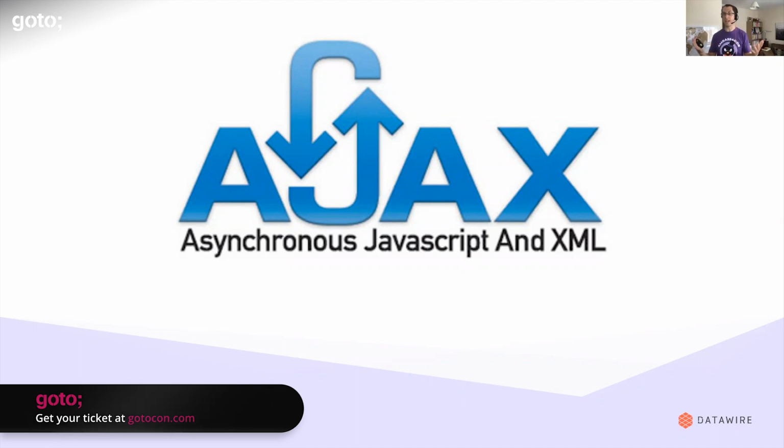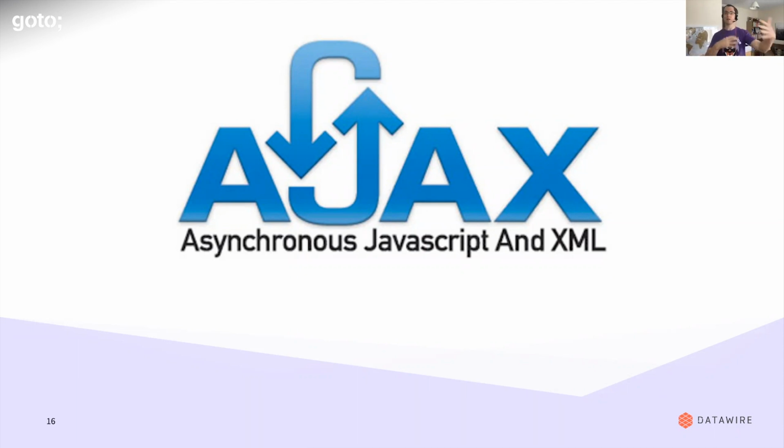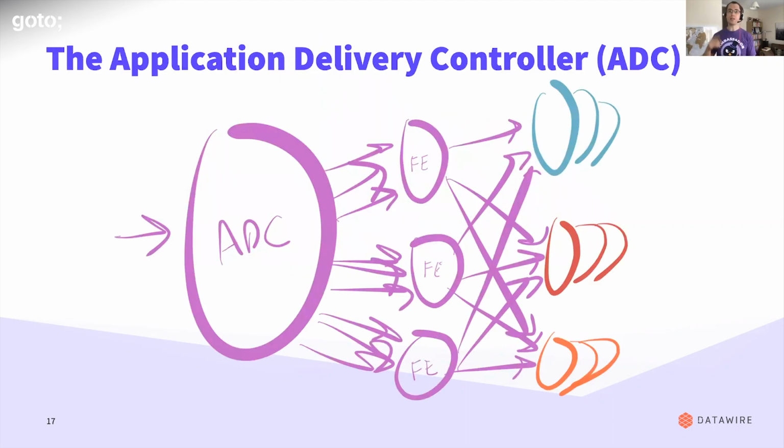I remember doing a lot of JSPs, ASPs back in the day for how we delivered content. Ajax meant we could make these asynchronous calls and update bits of the DOM dynamically. This changed the calls to the back-end systems, and it gave rise to something called an application delivery controller. The goal of this is, as we're making more requests now with smaller payloads, there were more things going on the back end, more connections being made. We wanted to offload some of the cross-cutting concerns into a new edge component.